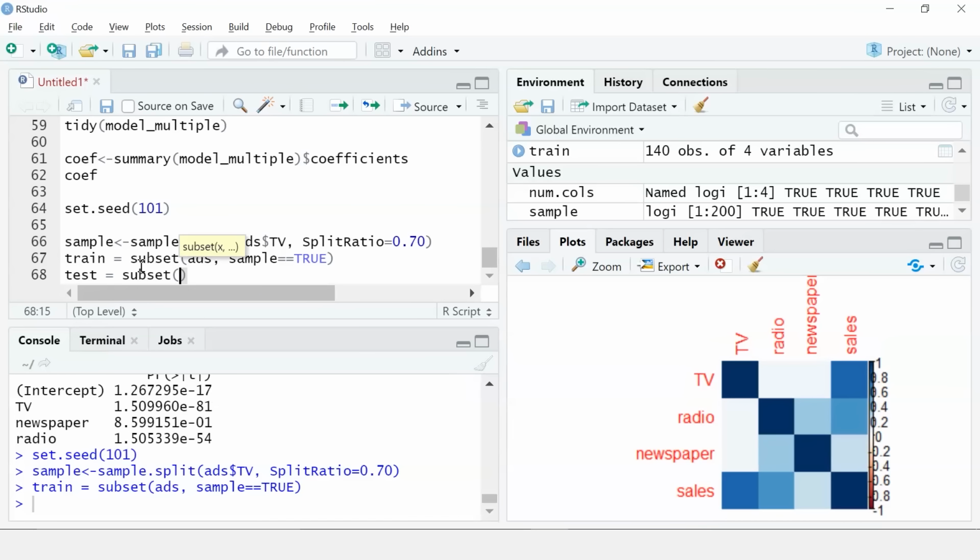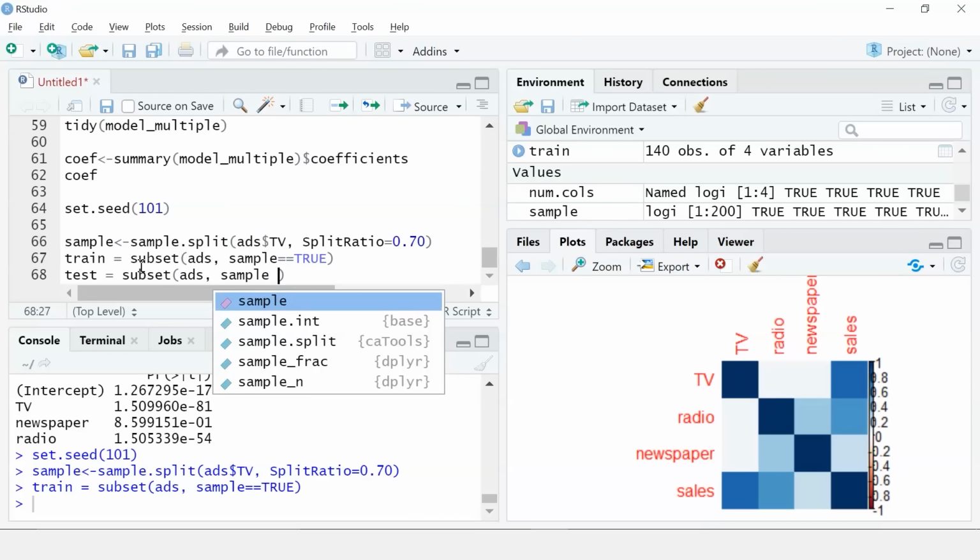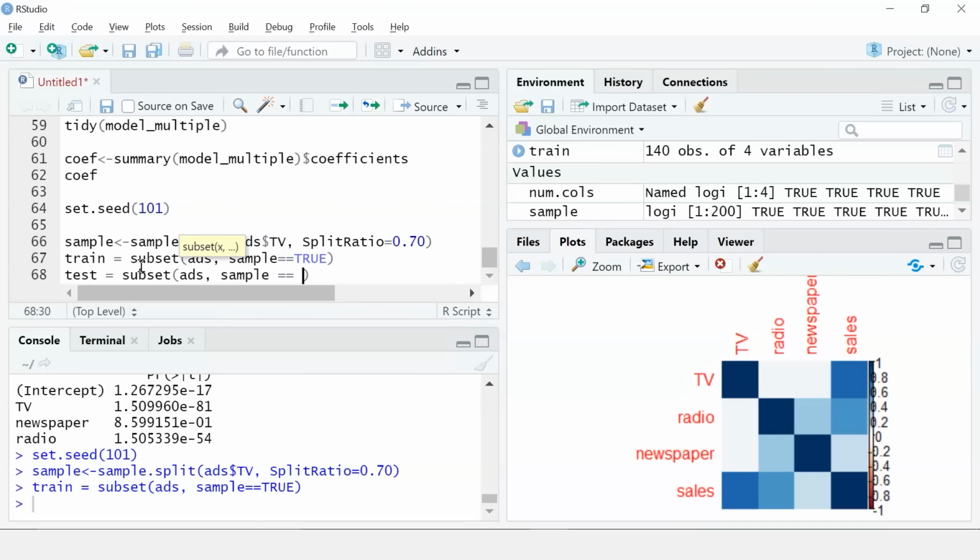I'll use my subset function and given the same parameters, but this time I'll take sample is equal to false, which means the test dataset won't have any values that are present in the train dataset. I'll run it.